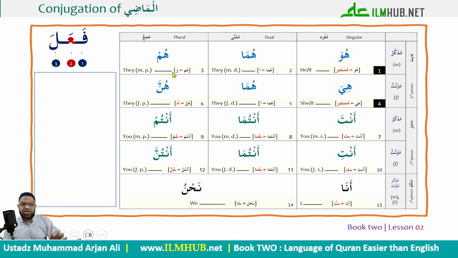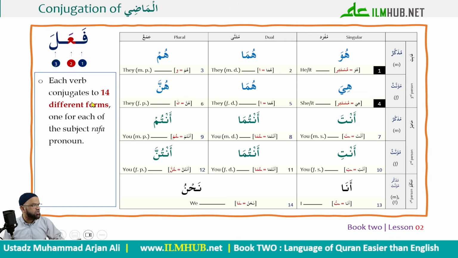I designed it to help you to learn conjugation very, very easily. So I'll explain each of these, inshallah ta'ala, but this will help you. A few other points before I put the verbs in that you need to note: each verb will have 14 different forms. So in effect, I'm going to replace the pronoun and put the verb here for each one. Each of these 14 forms is going to have this pronoun within it. For example, wow will represent hum.